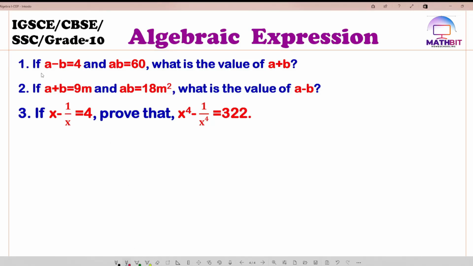Algebraic expression. First question: if a minus b equals 4 and ab equals 60, what is the value